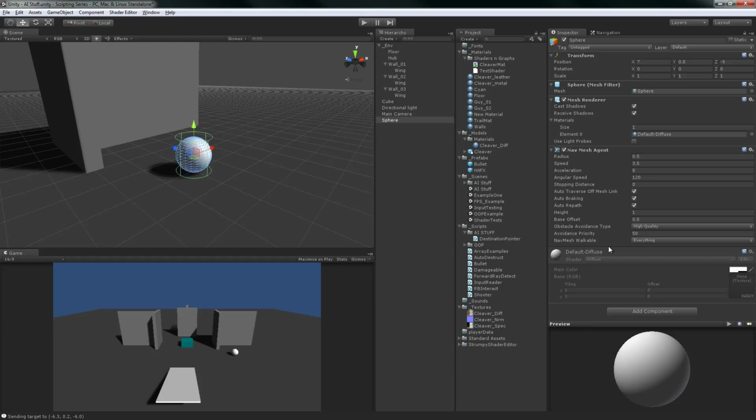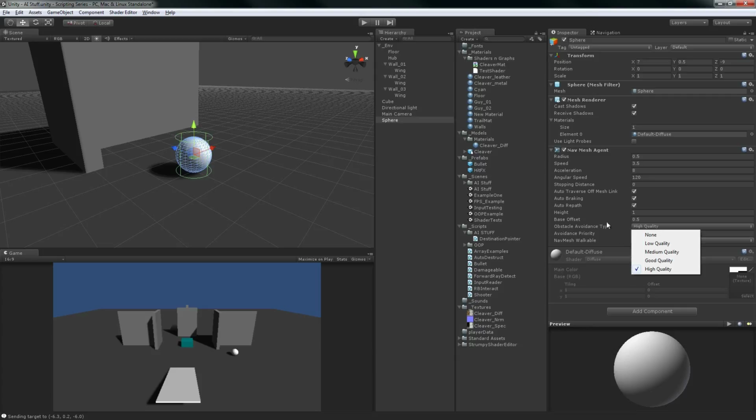So things like destructible things in the environment. If you have a big rock that's eventually going to get destroyed, you can put a nav mesh obstacle on it, and then when the object is destroyed, there's still nav mesh underneath it, and the obstacle is gone, so the AI can go around it and stuff like that. Yeah. So that's kind of what an obstacle is, and this is how active it is in trying to avoid